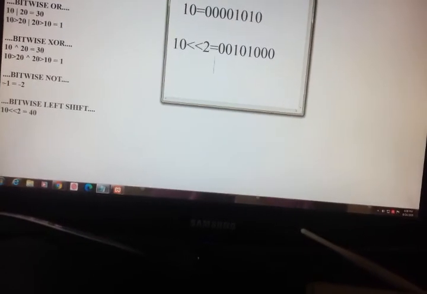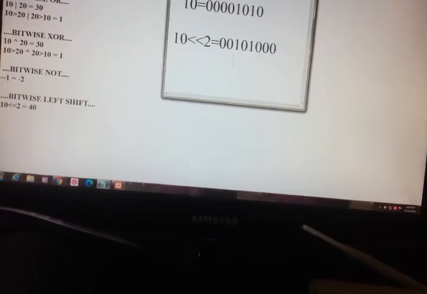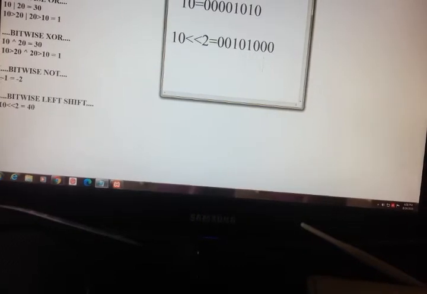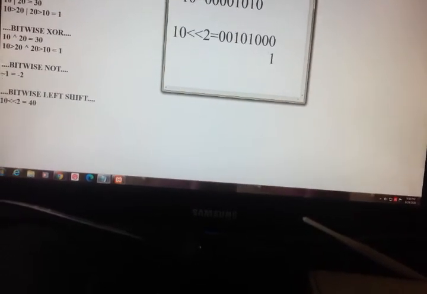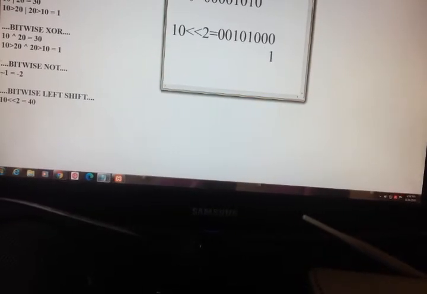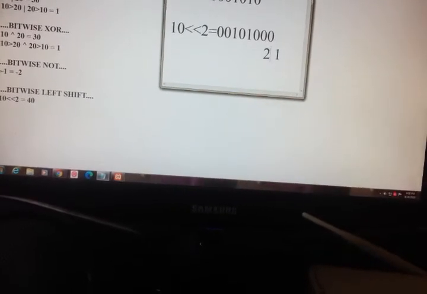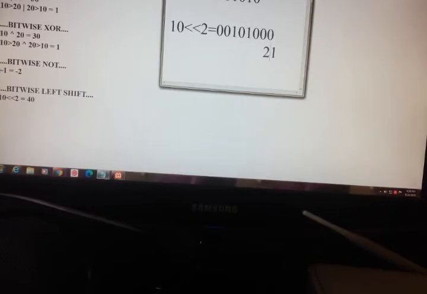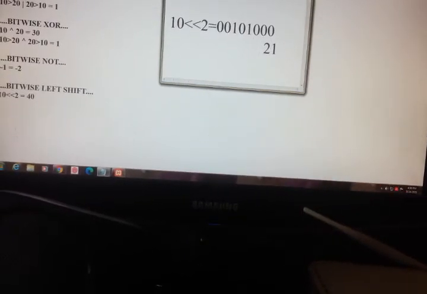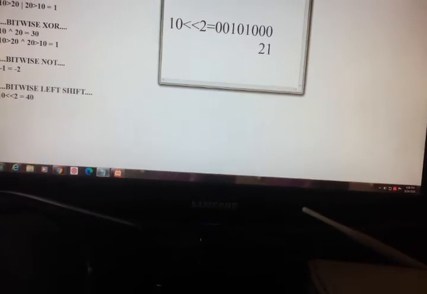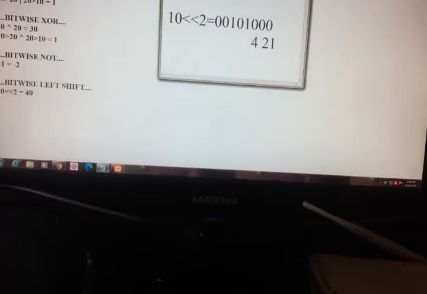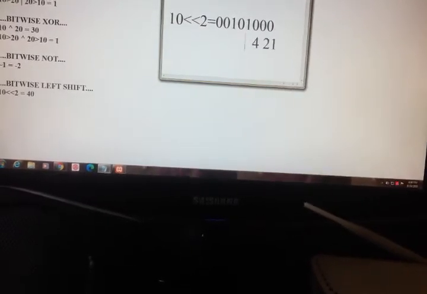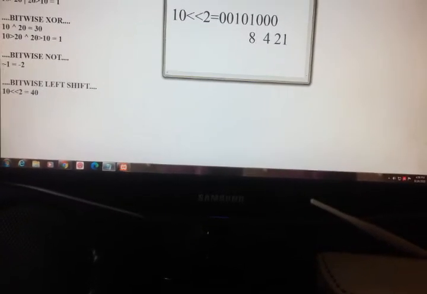If you do this, this is 2 power 0, that is 1. This is 2 power 1, that is 2. And this is 2 square, that is 4. And this is 8.